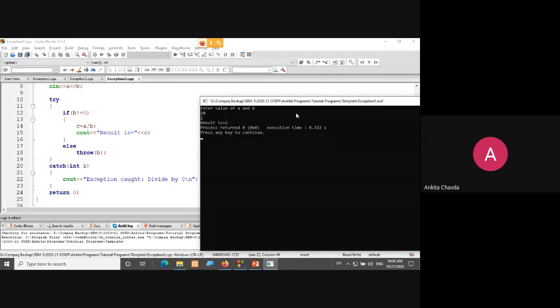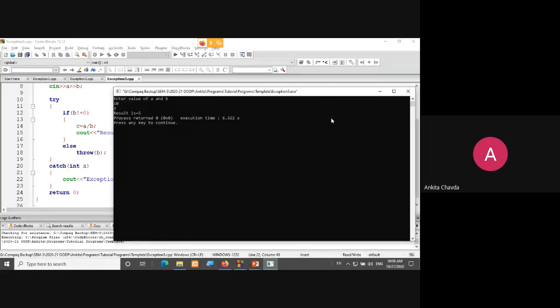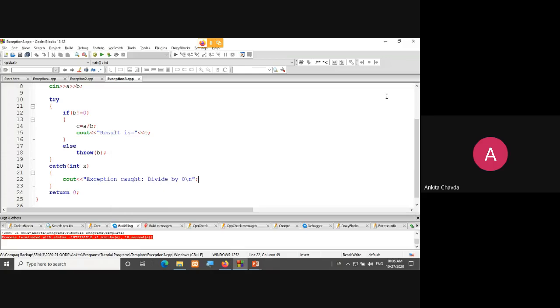Okay, so there could be an MCQ kind of question, where the statement is to be judged correct or not: try and catch both will be executed once you have written something inside the try. No, it is not like that. If the error is raised, then and only then it will be caught by your catch block, otherwise not. Otherwise it is just like your normal program.